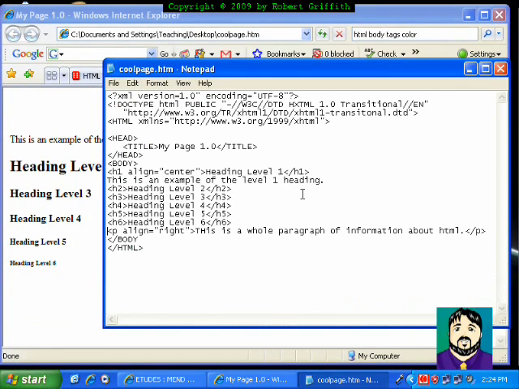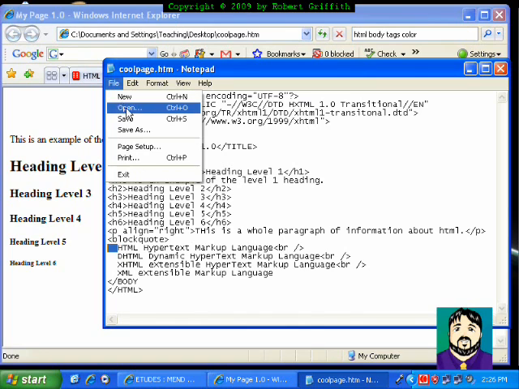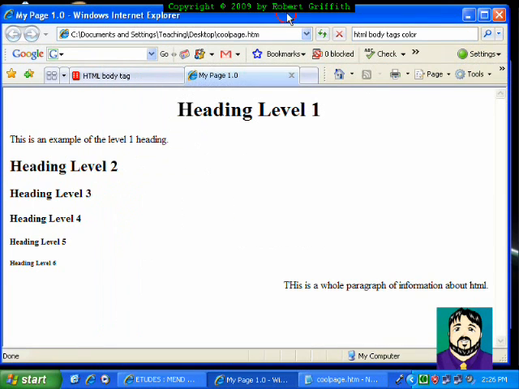So another thing I want to get to down here, blockquote. So if I type out blockquote, and then I put a list of information, such as HTML, extensible markup language. Okay, so you'll notice I put these spaces out here in the beginning. I'm going to go ahead and save this, and if I go over here and refresh,